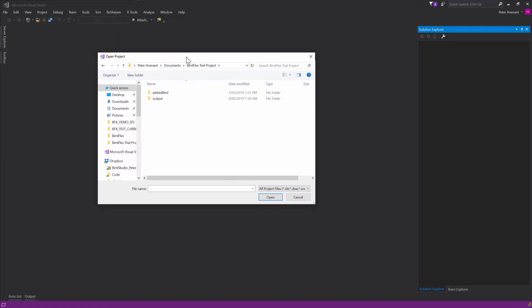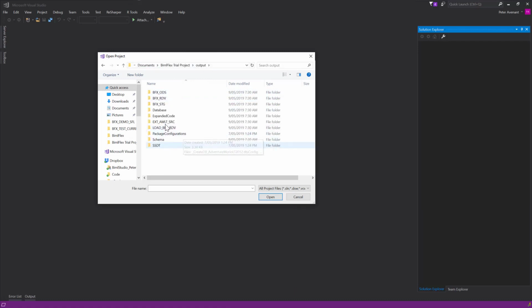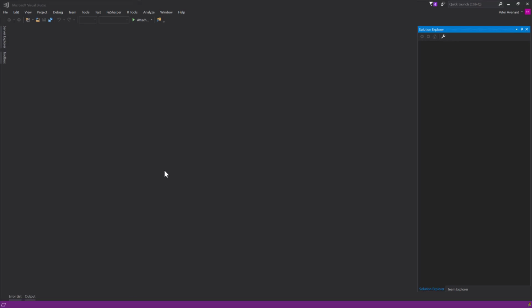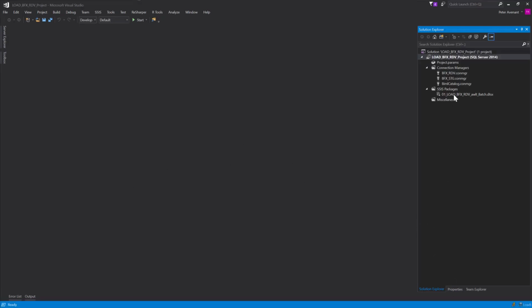Okay, so when you've built it out, in your trial project, wherever you've put that location, so this is where mine is, there'll be an output folder, and inside of the output folder there's a whole bunch of files, but the ones that we're looking for are the source one and the Data Vault one. The source one will load sources staging, but the Data Vault one is what we're looking for at the moment. And the Data Vault one, as I said, has ELT-based stored procedures. If we open that up,